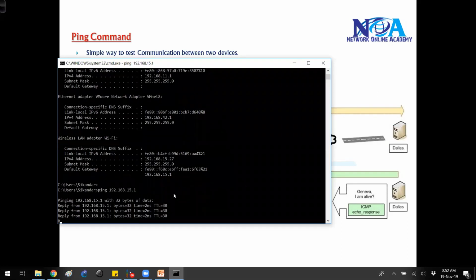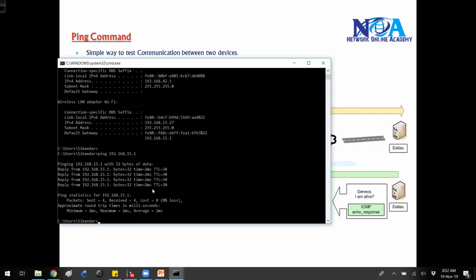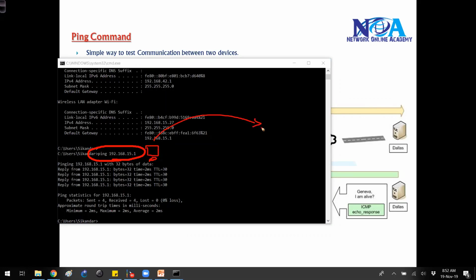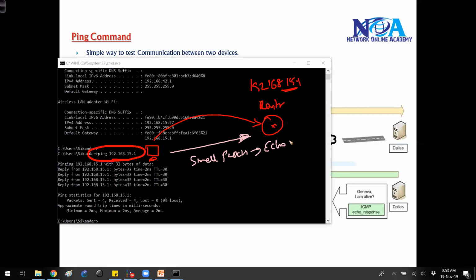When I run the ping command, you can see the reply is coming. Basically, when you generate a ping request, this PC, my PC, is sending a request to my router, which is using the IP address 192.168.15.1 on my network. It sends small packets, a ping request, in the form of an echo request.